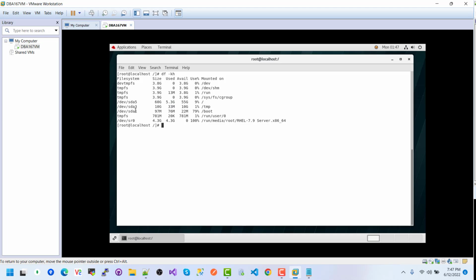This is the folder. Its size is 60 GB, 10 GB, 95 MB and 781 MB. This is the used column, this is available, this is used percentage, and this is the directory actually. So if I clear the screen,